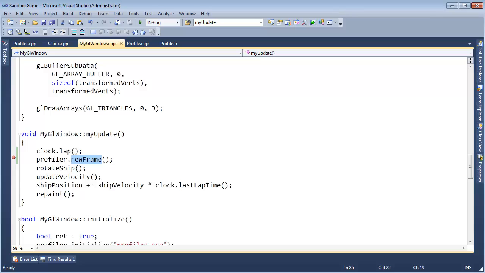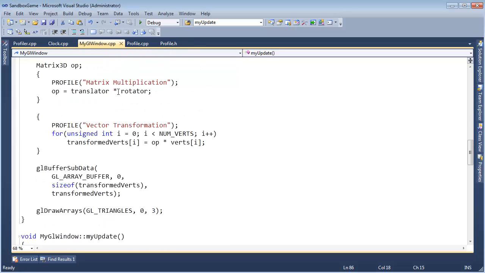Let me get my drawing tool. Okay, if you remember with the profiler, we come in. Where are we doing some profiling? So we come in, we say matrix multiplication, all right, and then we're supposed to add a value. So let's say here's our profile for matrix multiplication, and then we come in and say, okay, vector transformation. Here's an entry for vector transformation, and then you know what we do? We actually